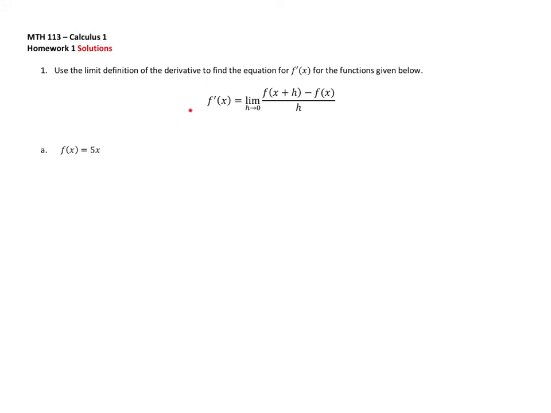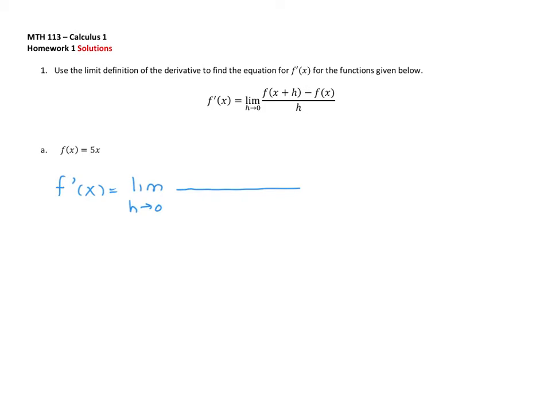In question 1, we're going to use the definition of the derivative to find f prime of x. So in part A, we have f of x is equal to 5x. According to this definition, f prime of x is equal to the limit as h goes to 0 of, okay, the first thing is